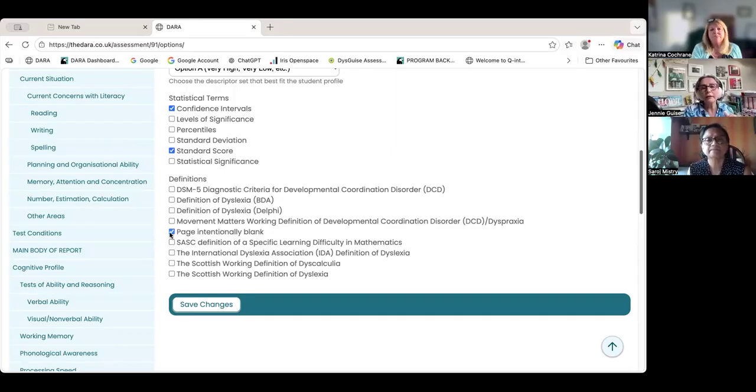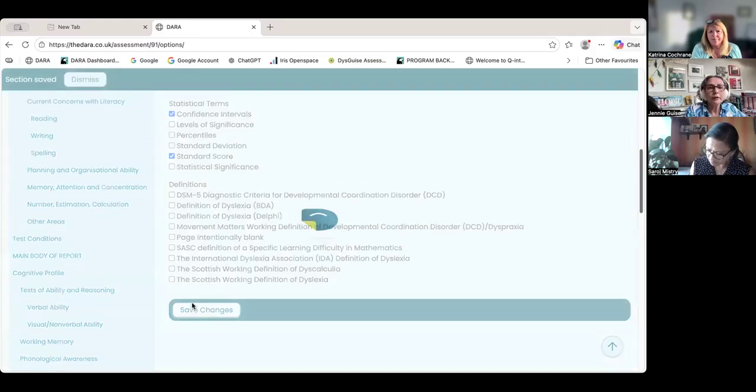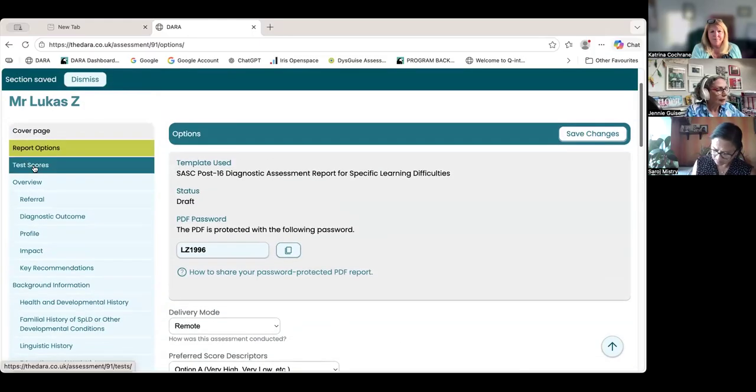So we put that in, but what we're trying to do in DARA is cover all the different options that may come up. I think because I've done assessments for so long, you get quite aware of, oh, what about this? And how about that? What about that situation? So we're trying to deal with every single situation that could come up. So if I save that,